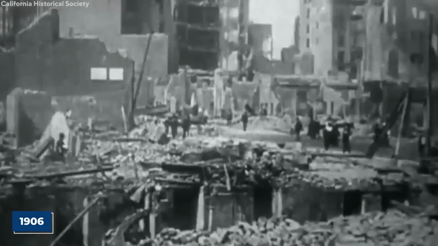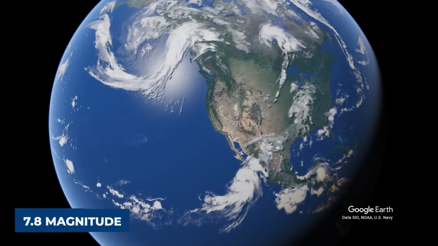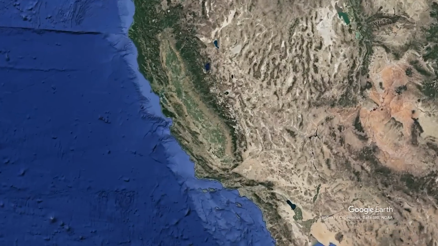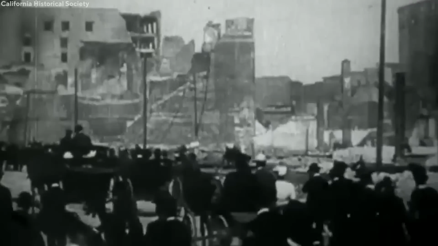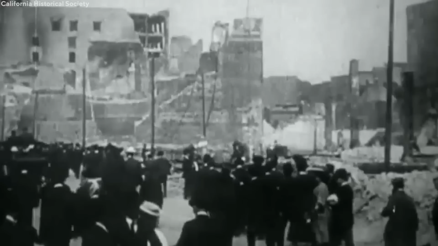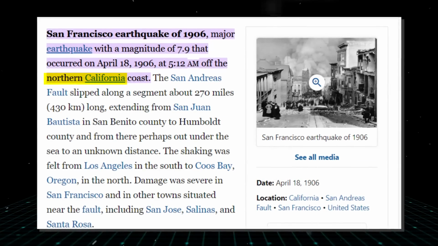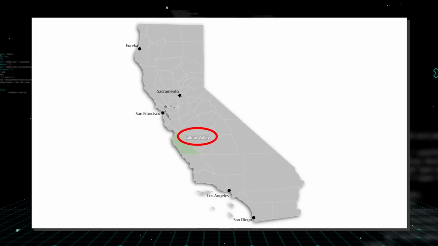In 1906, California wasn't as lucky, and a 7.8 magnitude earthquake ruptured nearly 340 kilometers in northern California. The epicenter of this one was near San Francisco, and the damage it caused was monumental. Northern California was hit by this major quake on April 18, 1906. High-intensity shaking was felt from Eureka to the Salinas Valley.